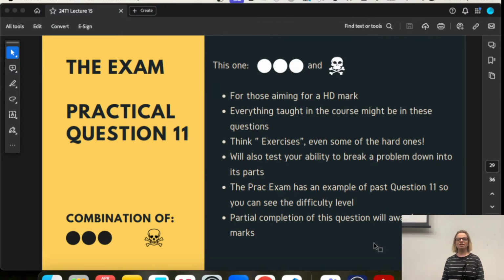Everything that we have taught in this course might be in this question, plus some very complex problem solving. So it's really going to test your ability to break down a problem, to read a spec and understand what it's saying. In your prac exam, there's going to be an example of a question 11, so you can see the difficulty level. And what I was saying before, if you just do it partially, you'll be able to get some marks as well, depending on what's going on.